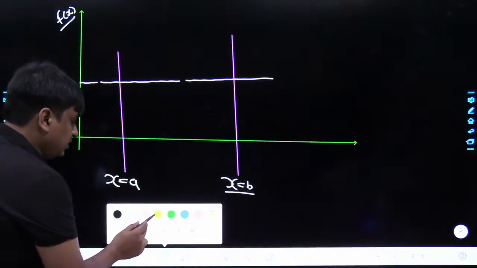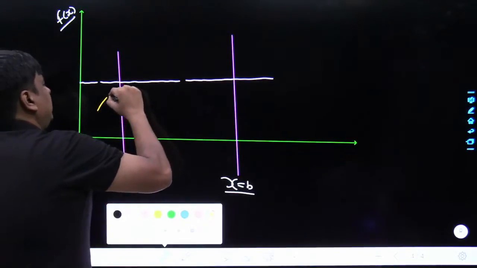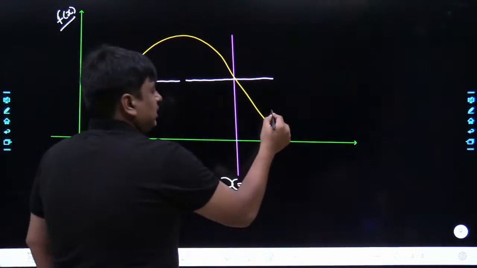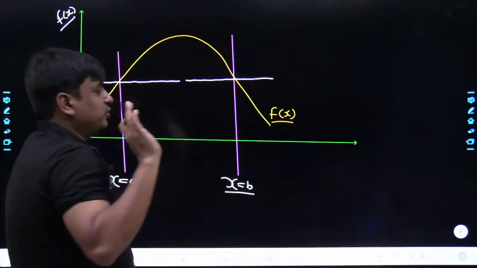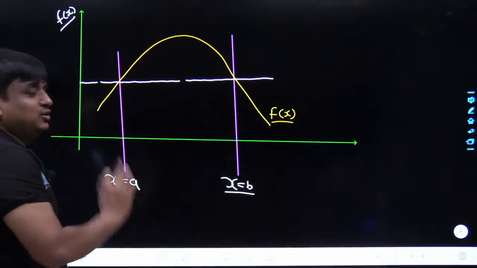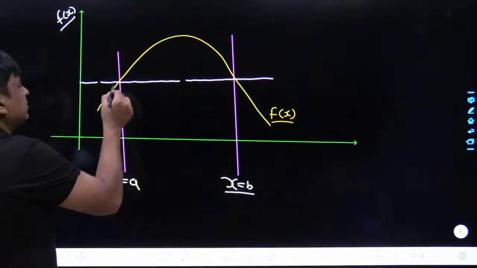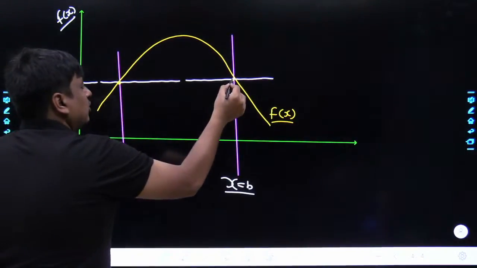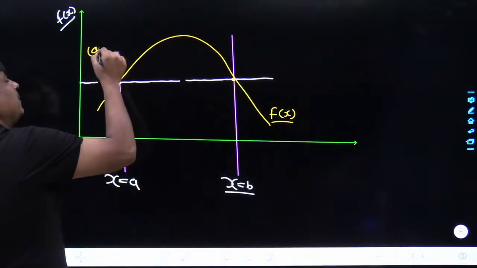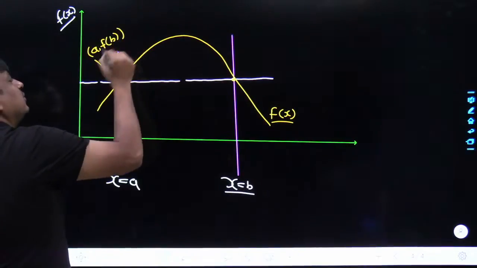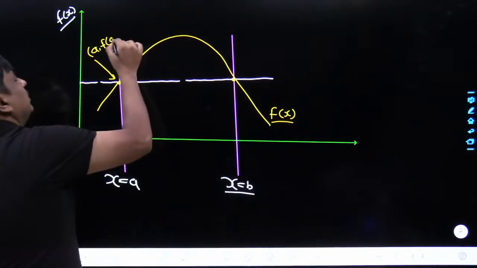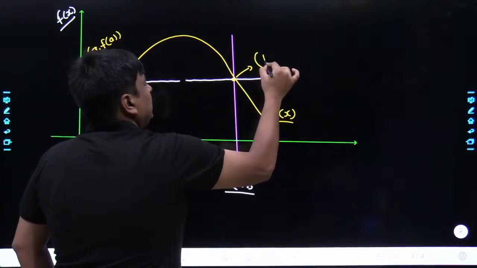So just assume I have taken a function which has the same magnitude at x is equals to a as well as x is equals to b. Let's take this function is f of x. The yellow pen has been used for the f of x. And as I am saying, it has got the same magnitude at x is equals to a, x is equals to b. How did you know that? You just see the coordinate values at this point. The coordinate values are x is equals to a, and the magnitude of its ordinate is f of a, and here it's gonna be b, f of b,